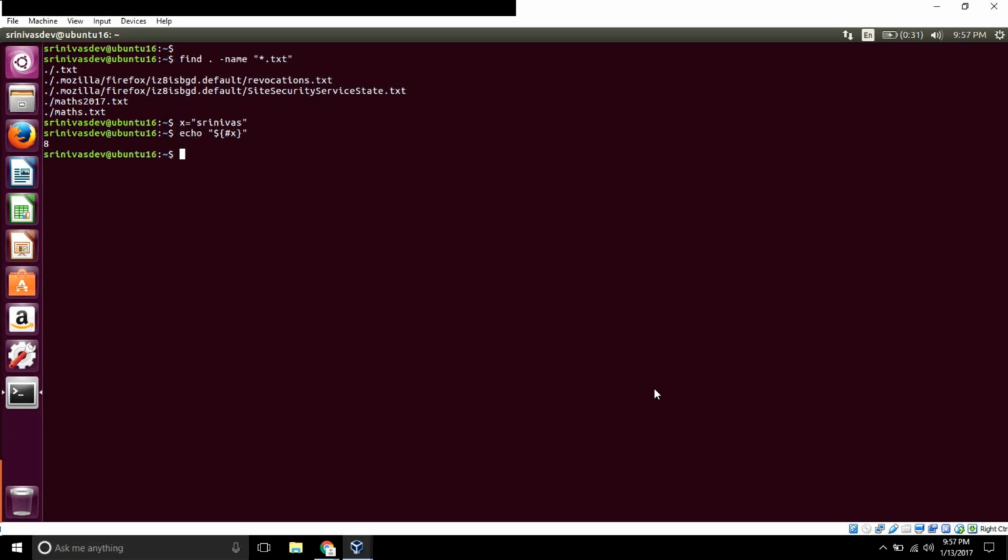We learned how to use dollar question mark, dollar hash, and you can also use this option to get the length of string. Okay. So we are good with all the special characters, and I said we can't use equal to, greater than, less than symbol